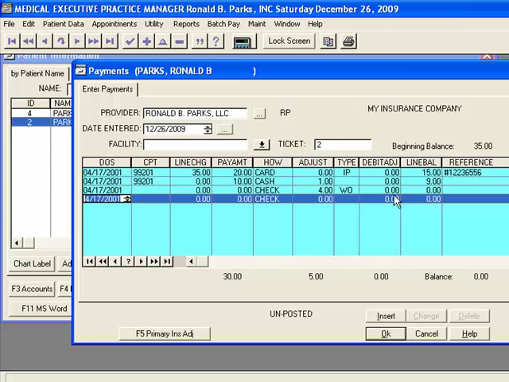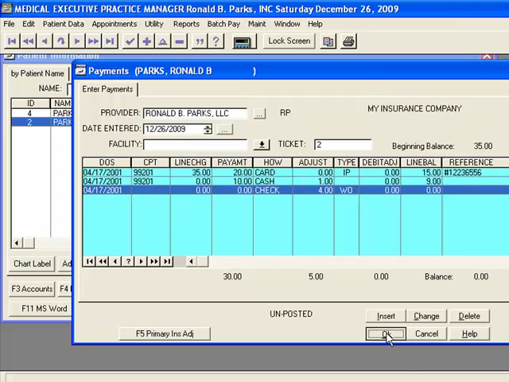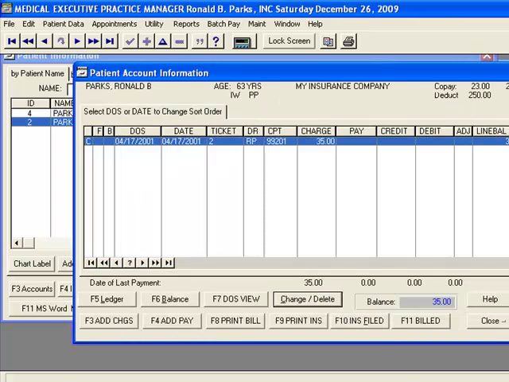Now I push the down arrow to complete. The program needs to know that you're finished. So it knows we have these 3 items. I click on OK. And now